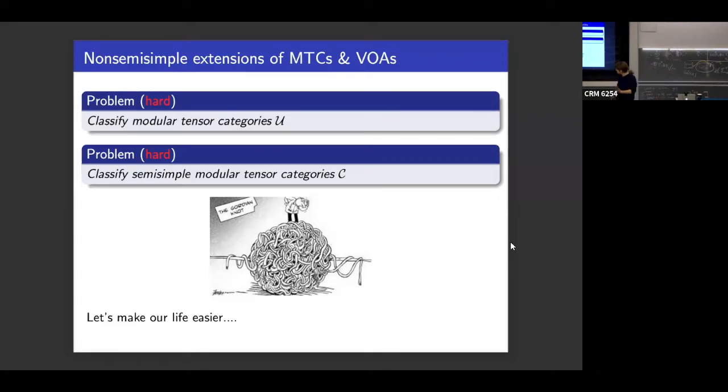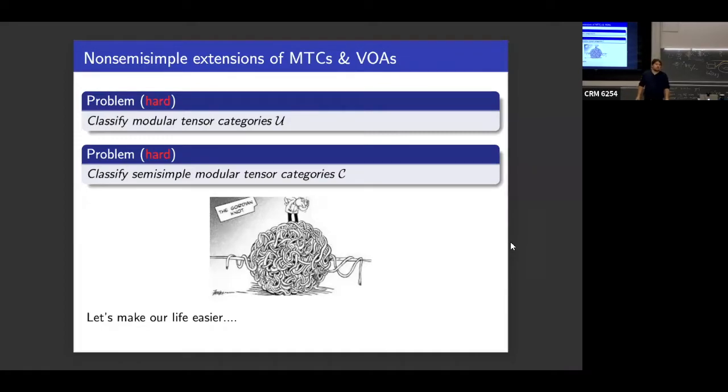The idea that you get when you start to learn tensor categories is at some point when you look at the examples, classifying modular tensor categories is a very hard problem. And if I put hard in red, that says I don't even think I should start thinking about it. So that's what I mean with hard. There are other things that are also hard, but I dare to think I have an idea about it. But this is sort of let's not touch this. So modular tensor categories will be a very hard problem. Also, semi-simple modular tensor categories is also a very hard problem.